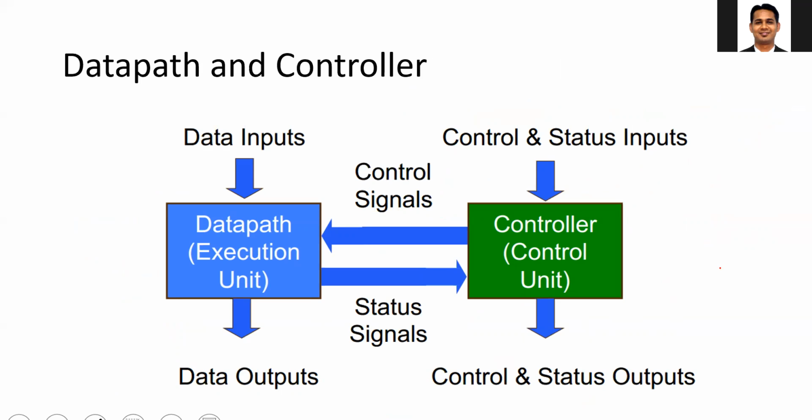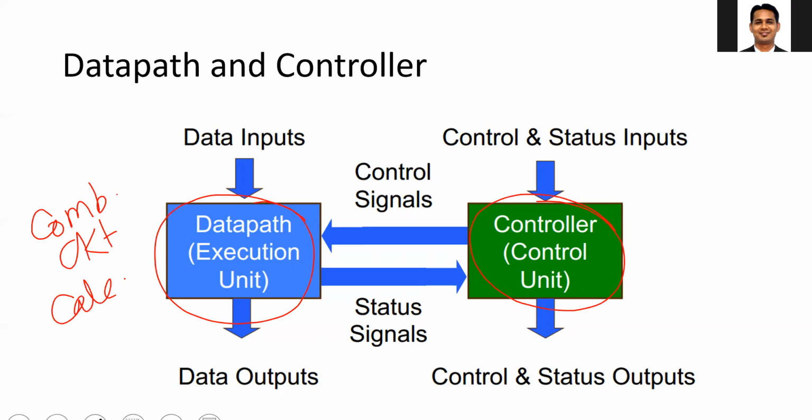And what is this strategy? It is very simple. For any algorithm, you divide your algorithm into two parts. One is the data path and one is the control path. What is the data path? In the data path, you do all your combinational circuit calculations, like comparing whether x is greater than 2, subtracting x minus 1, replacing the bigger value with the difference, storing the data. So all those data operations you do in the data path.